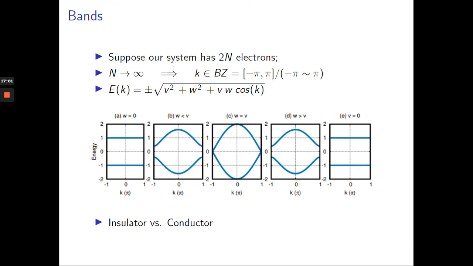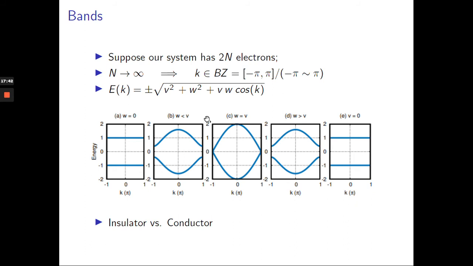So let's say that for each value of W, V, and K, we have a certain state of matter of this system. These states will be considered equivalent if I can deform my system continuously onto the other one